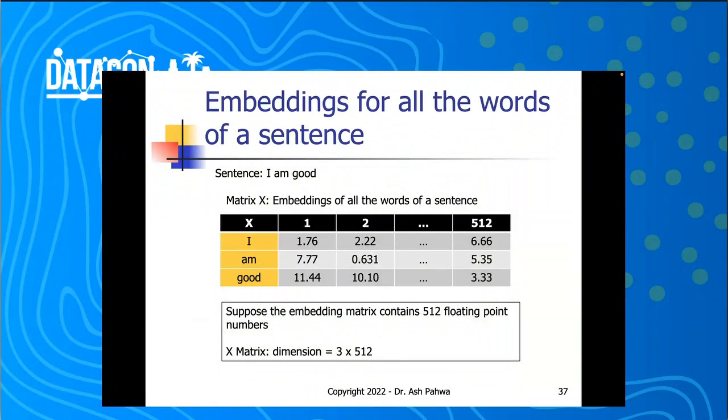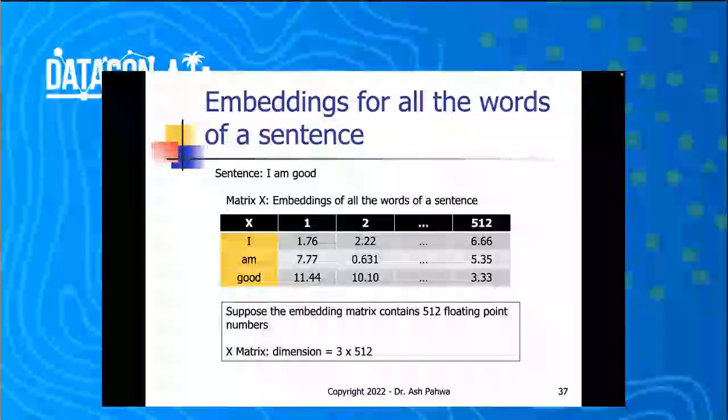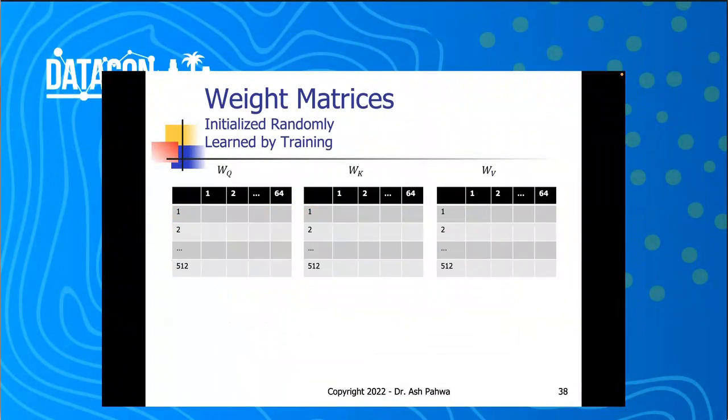Suppose let's take an example. Here I've got a simple sentence, which is "I am good." Now I have my 512-size embedding. These are some random numbers which I've just thrown in. Now I'm going to create three more matrices, which are WQ, WK, and WV. In the beginning, the values of these three matrices will be some random numbers, and then during the training period, these values are going to become finalized. Right now, assume these values are totally random.